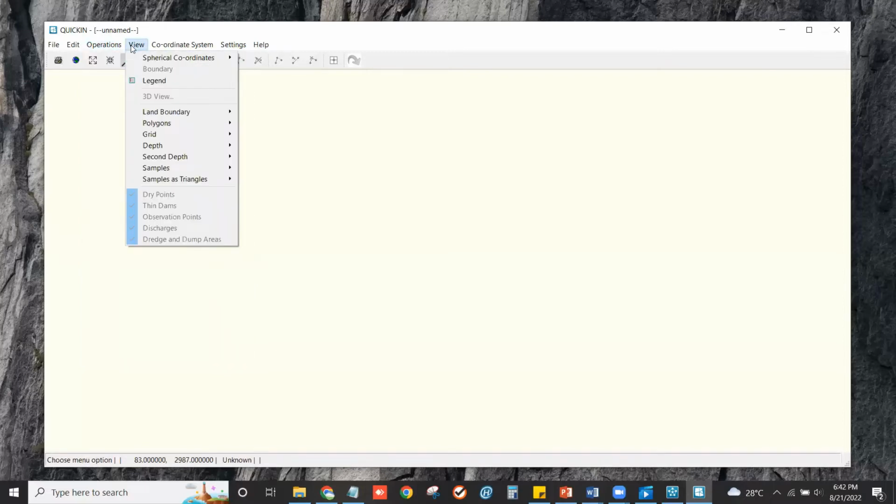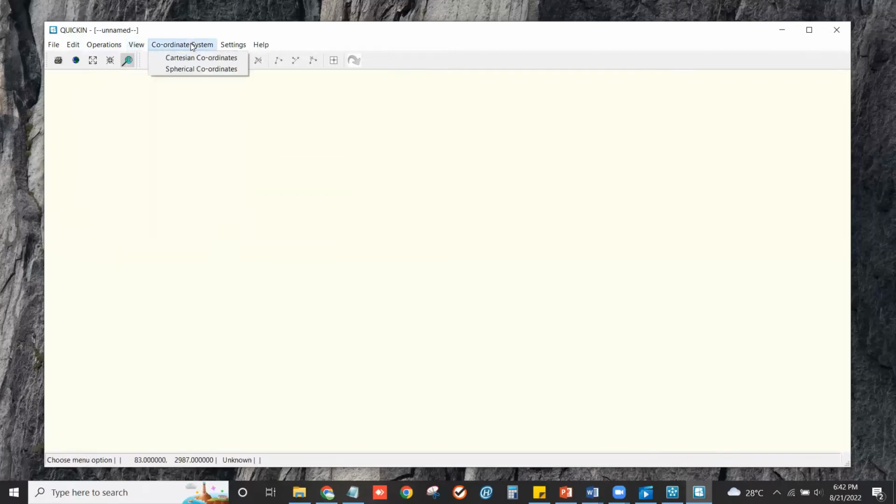And the view menu. We have tools to see no samples, color dot, color number, and etc. In coordinate system, we can choose the Cartesian coordinate or spherical coordinate.